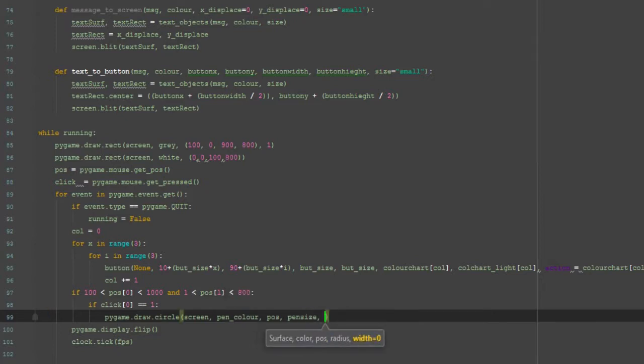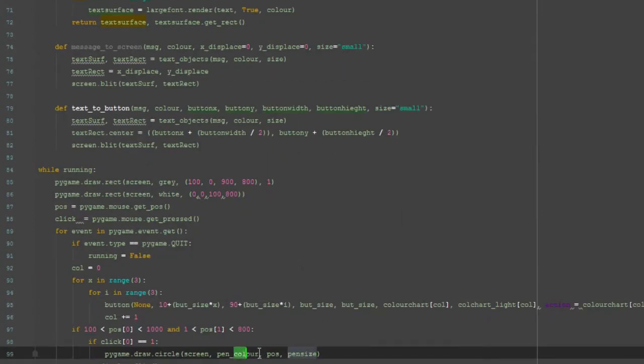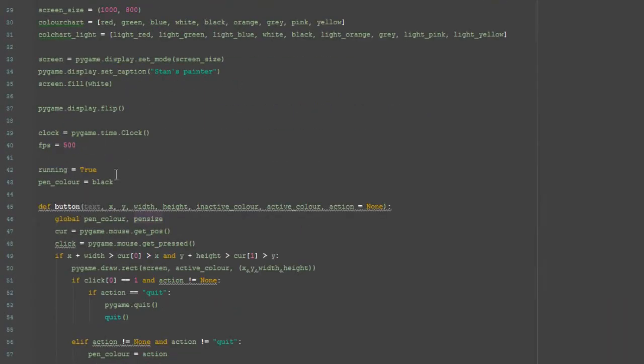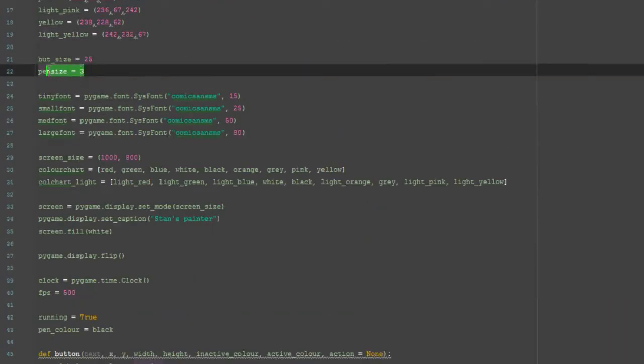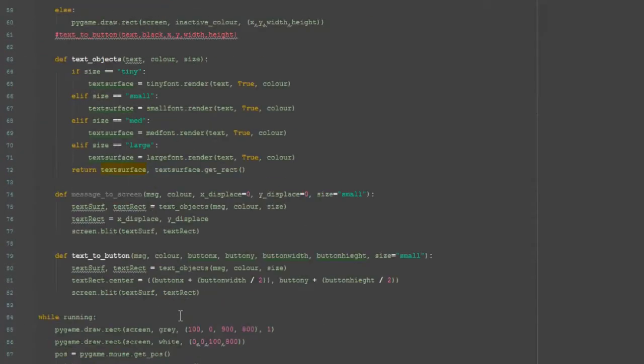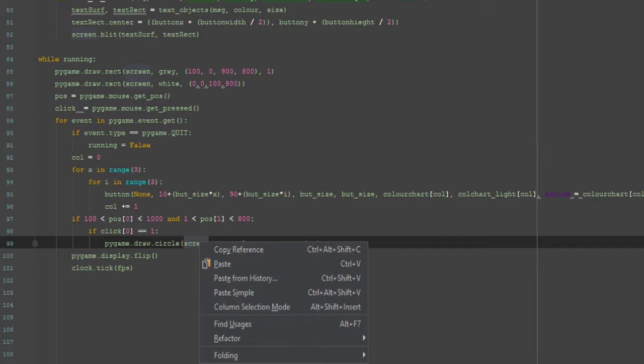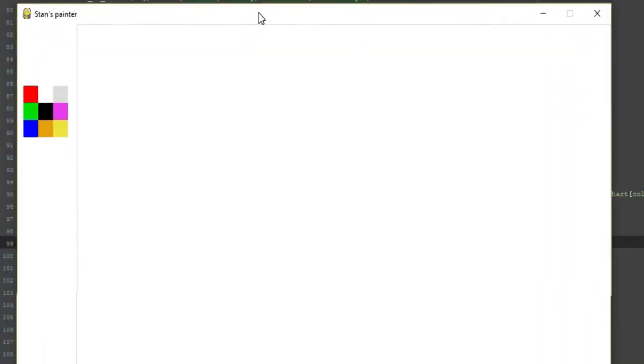with a radius of 0, which we don't need to put because we're just drawing it anyway. So that gets our screen, our pen color, our position, and our pen size. Pen size is set to 3 in the beginning stuff, and pen color is set to black to start with. So if we go ahead and run this now,